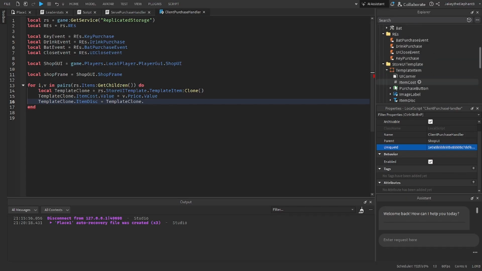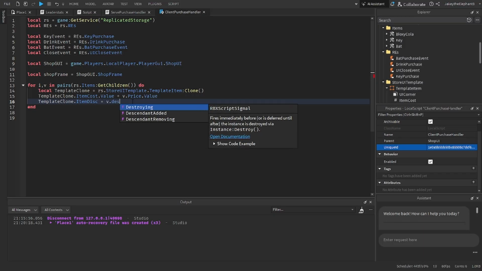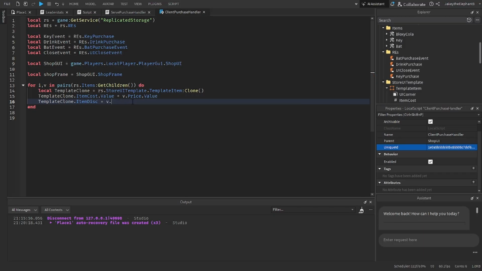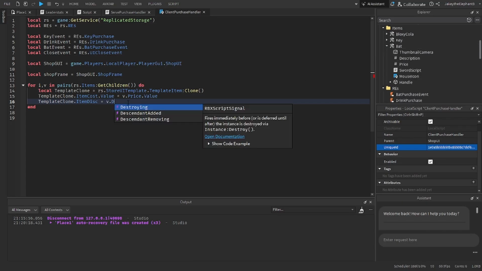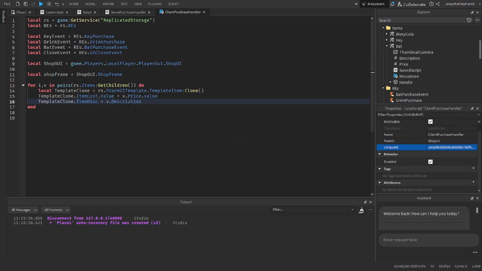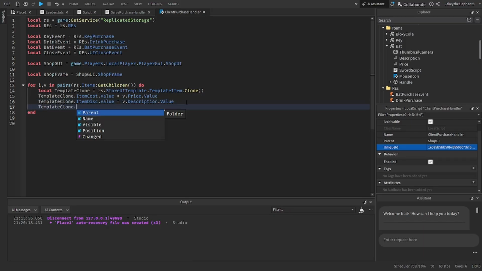Oh, wait a minute. Never mind. So, I was doing that wrong. So v.description. v dot. Remember to always add the dot value. Template clone dot name dot no dot